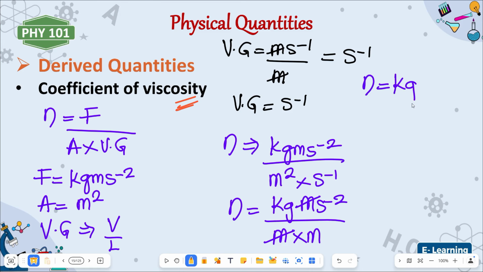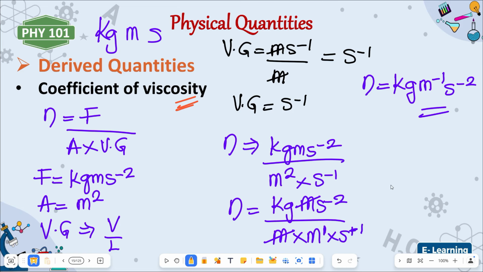our coefficient of viscosity will be equal to what? Kg. I told you that the arrangement must always go from kg to meter to second. So we have kg, meter. This meter is raised to the power of 1 on that, so it crosses up because per meter. Then this seconds here, you write it per second. We forgot that there was per second here. If this minus 1 crosses up, it becomes